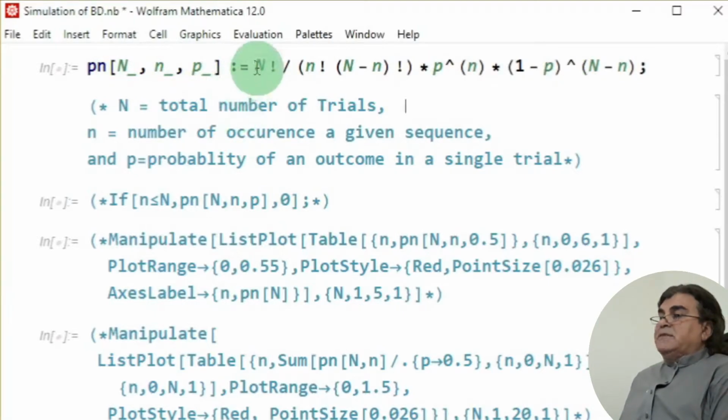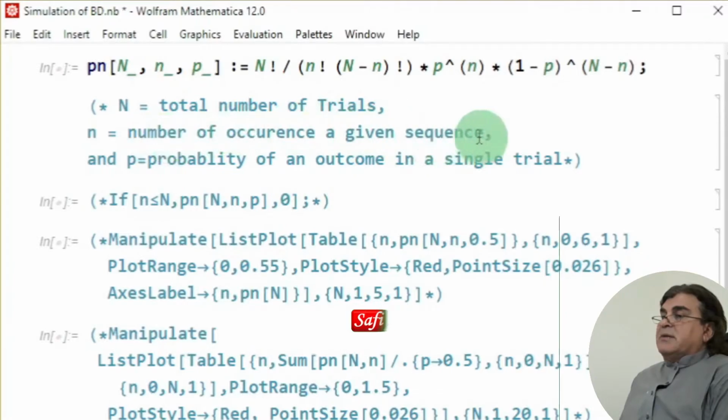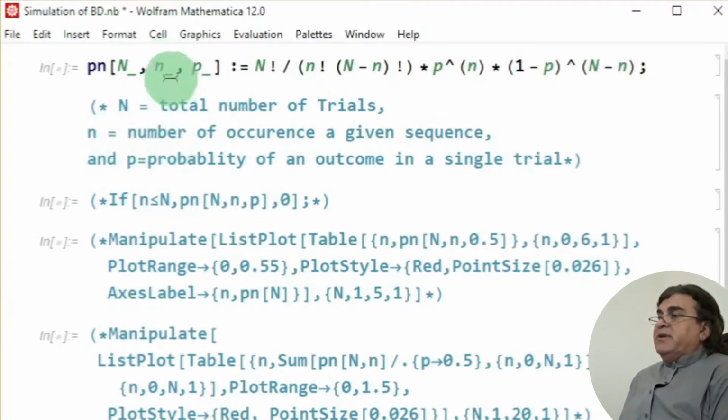Capital N stands for the total number of trials, small n stands for the number of occurrences of a given sequence, and small p is the probability of an outcome in a single trial. The number of occurrences of a given sequence can never be greater than the total number of trials, that is capital N. So I want to impose this condition on the function Pn through the If